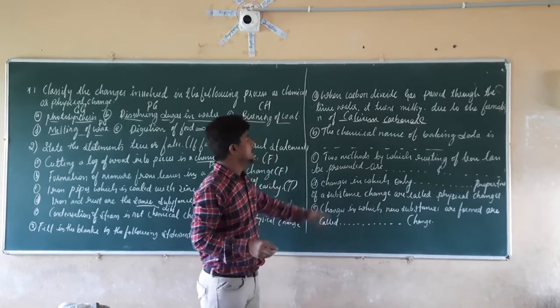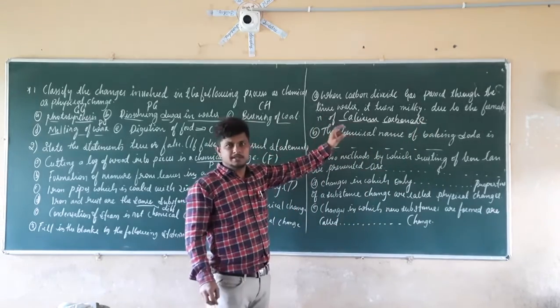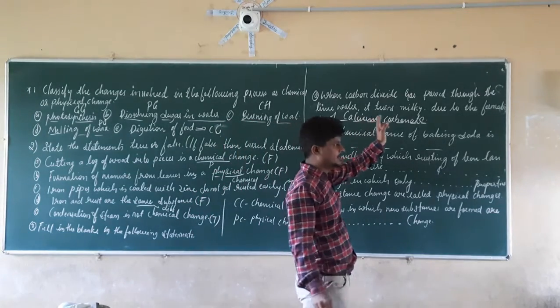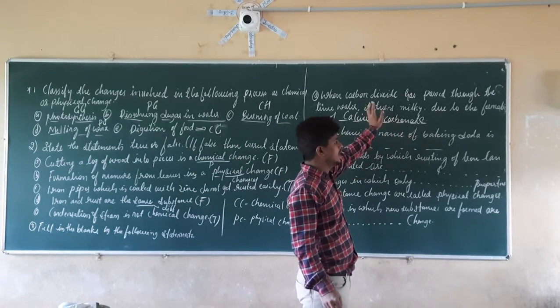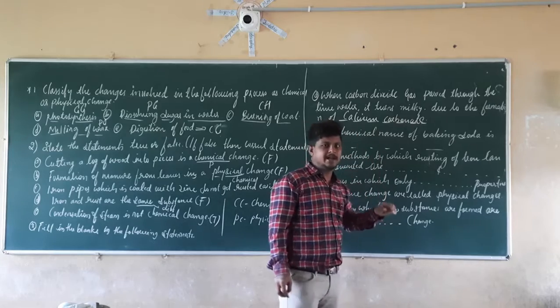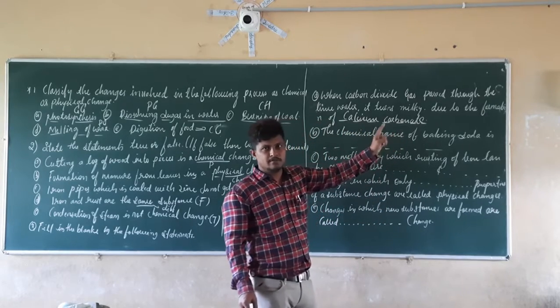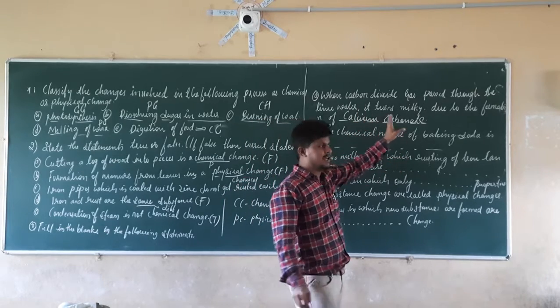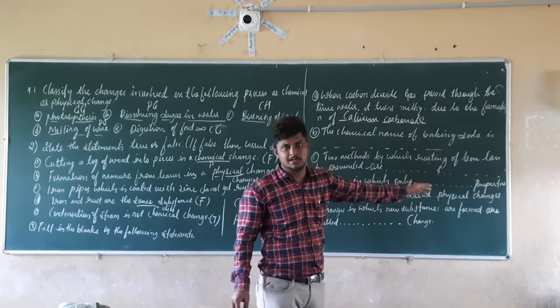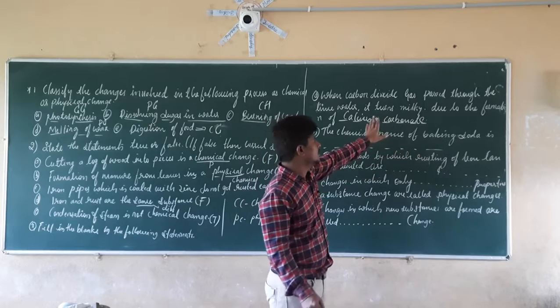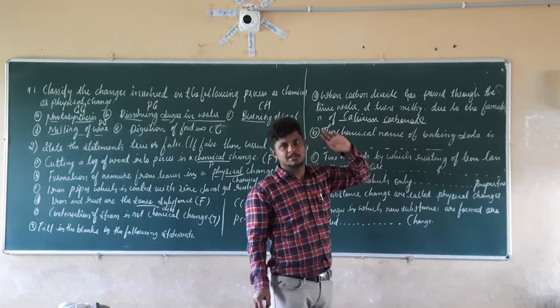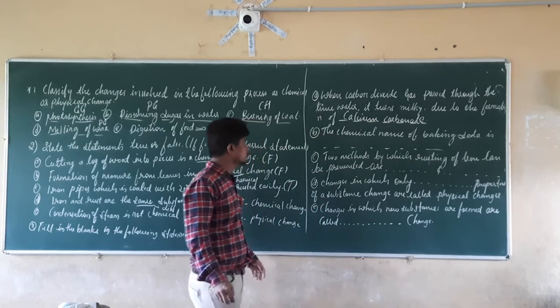If you remember, lime water is nothing but calcium hydroxide. Carbon dioxide is CO2. When calcium hydroxide reacts with carbon dioxide, it gives calcium carbonate. Because of the formation of calcium carbonate, the color of the lime water changes into a milky white color. So the new product formed here is calcium carbonate.